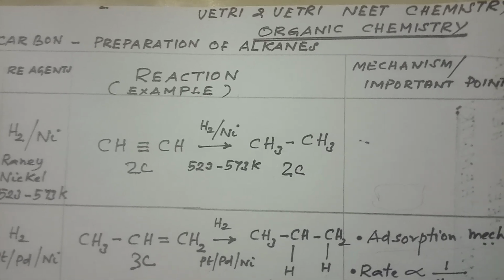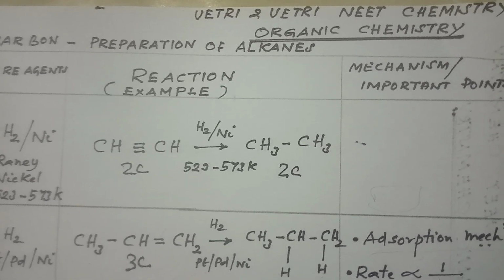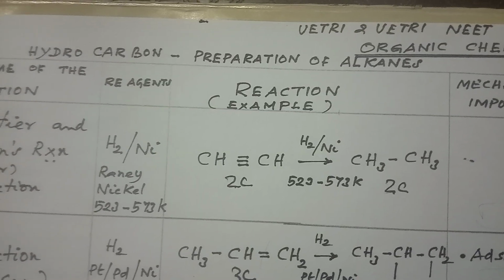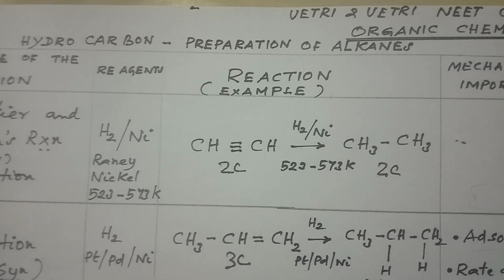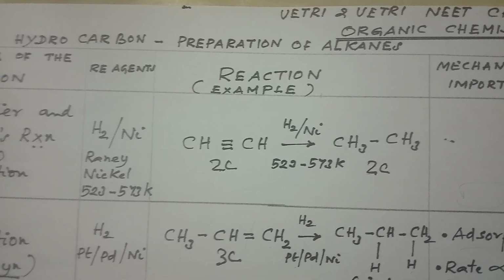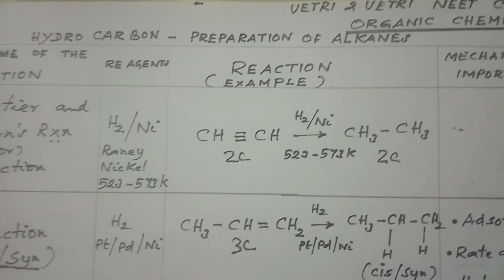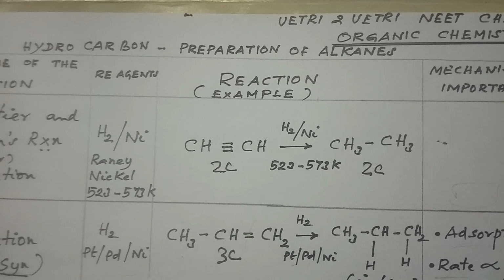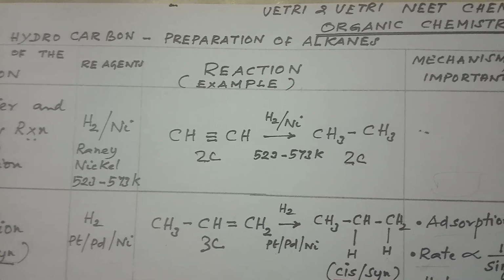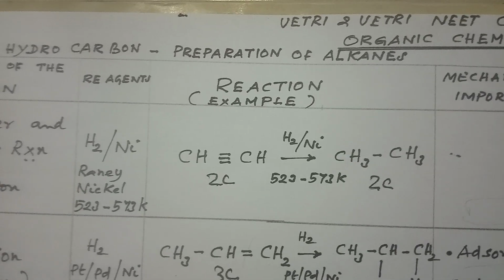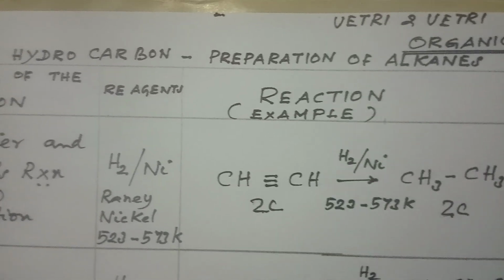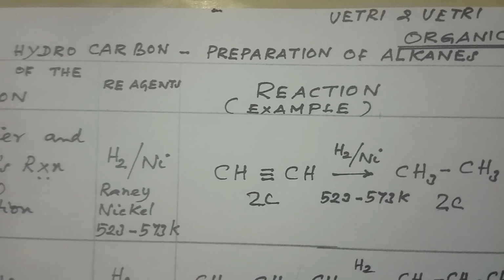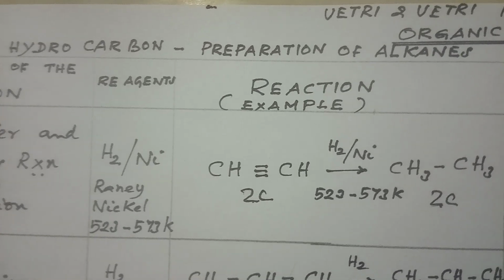Today I am going to give the video for organic chemistry, how to prepare organic chemistry, in English medium. Let us see, today's lesson is hydrocarbon. If you are taking hydrocarbon, it is divided into 4 categories: alkane, alkene, alkyne and benzene. For each topic you have to prepare the preparation of alkane, alkene, and in this preparation itself you have 26 reactions. So based on that, today I am going to give how to prepare the road map for the preparation of alkanes. Let us see the content now.